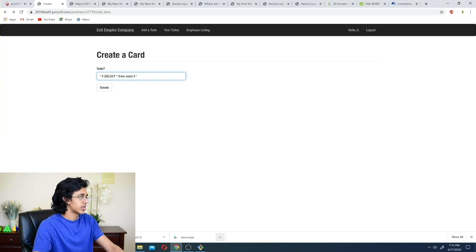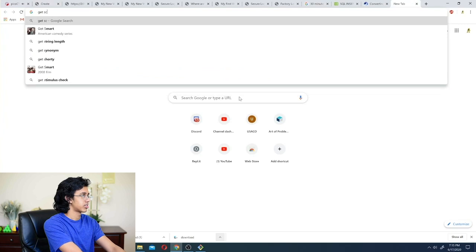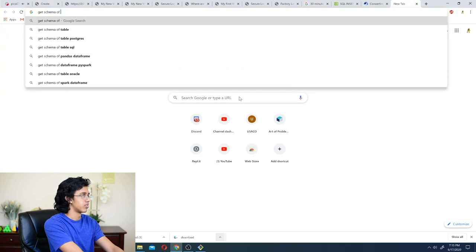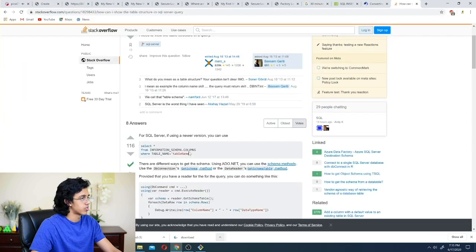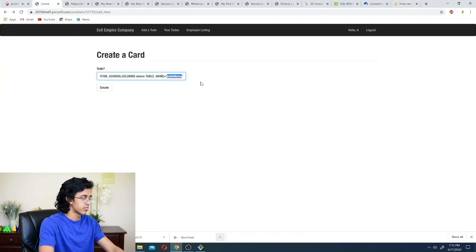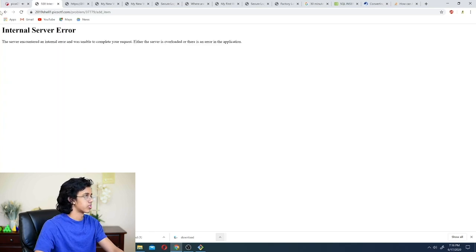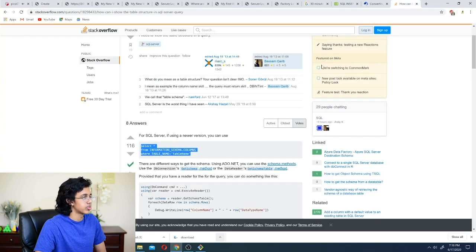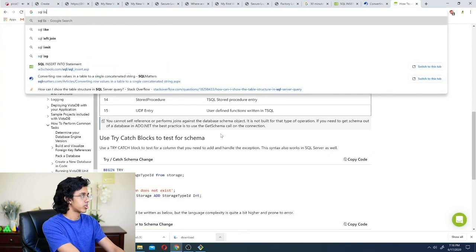There might be a way to get all tables. Let's see. Get schema of table SQL. Why don't we try this? So we could put this in here, and we could do table name is users. Okay, that's not working. Okay, we don't know what the table name is, but maybe it's just user. Okay, that's not working. Huh, maybe there's another way to do it. Let's see, SQL list all